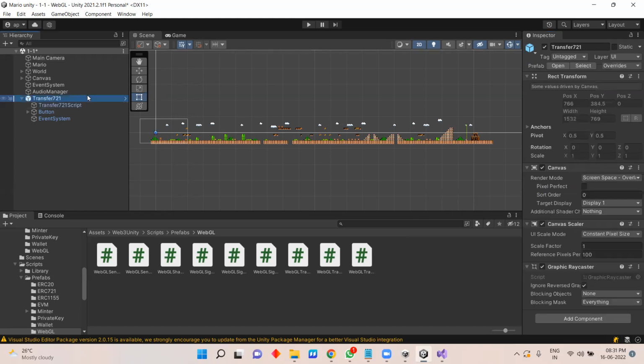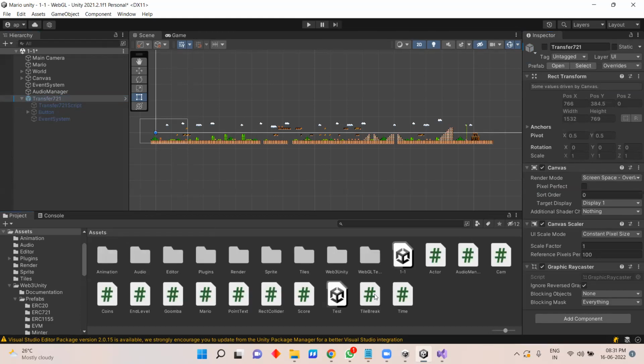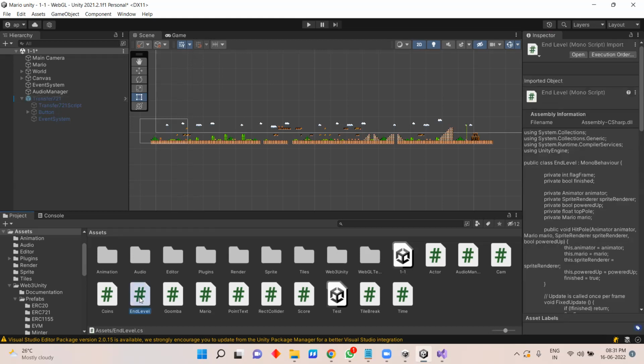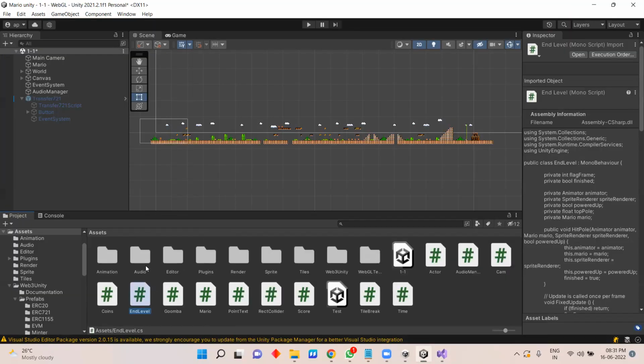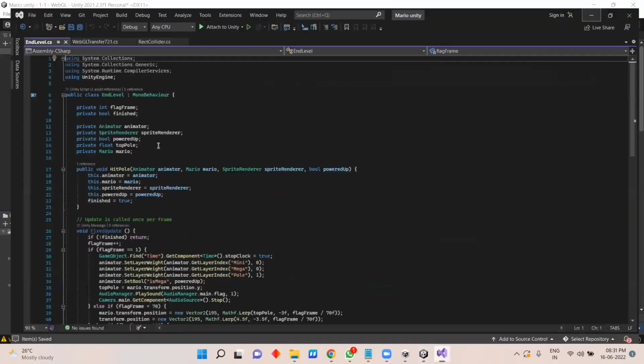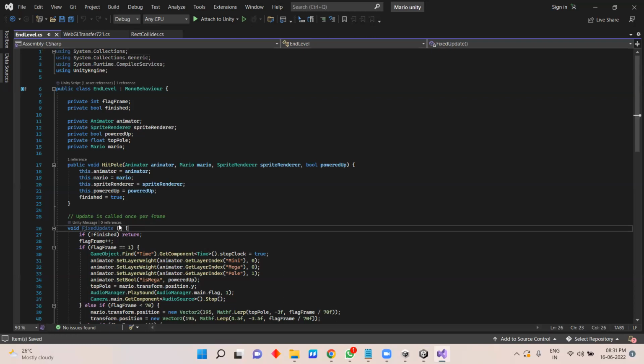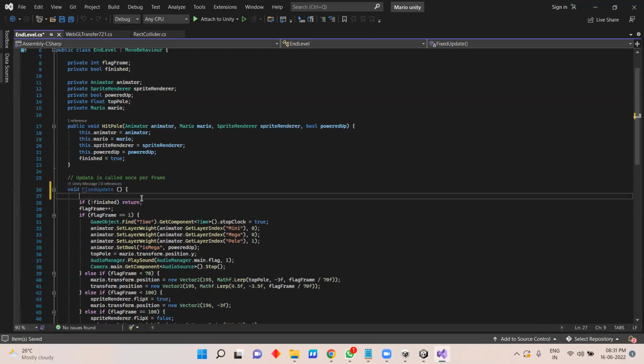So what I'll do is I'll just disable this canvas here and come back to assets. So the first level of Mario ends when the player touches the flag pole. So we'll just have to come back here to the assets. This is it. Yeah, we can use the end level script here because that's where the code for the flag is. And you'll open the end level script, get in here, and under void FixedUpdate, what we'll input is